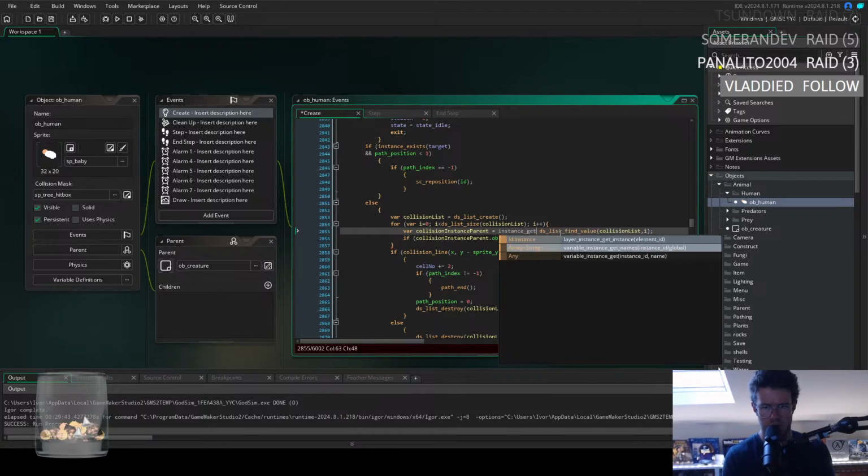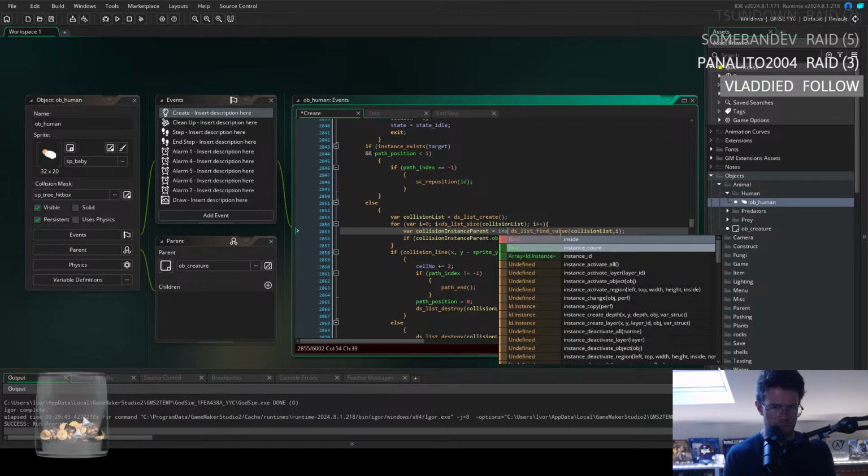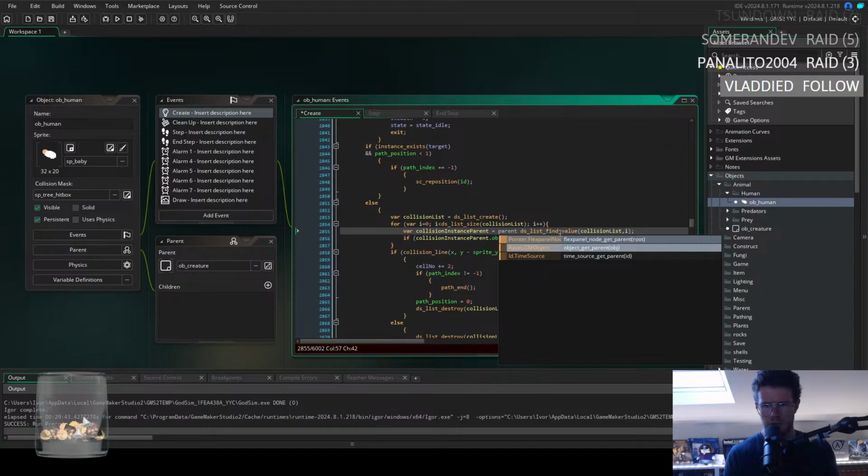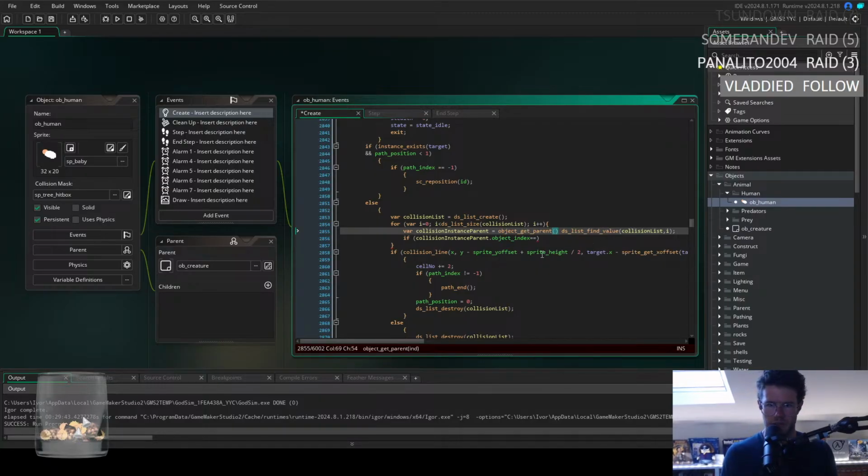Instance get... what? How do you get the parent again? Object get parent, and then put this inside of there, get the parent of that object,